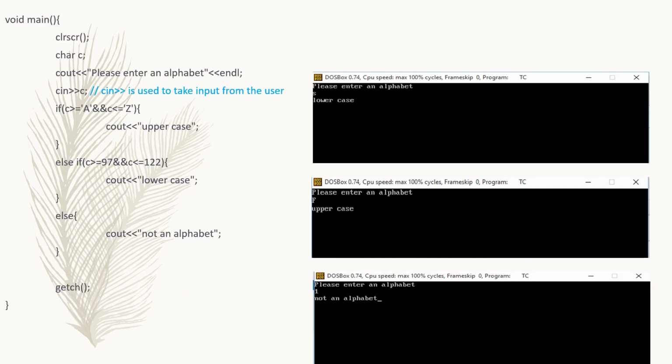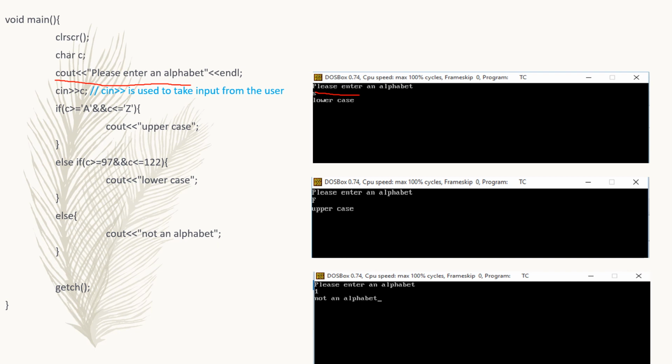Now let's look at an example to check whether a user has entered uppercase value or a lowercase value. Okay. So for that, first statement will be cout, please enter an alphabet. So we'll ask the user to enter alphabet. So you'll see that output. Then cin will take the alphabet from the user.